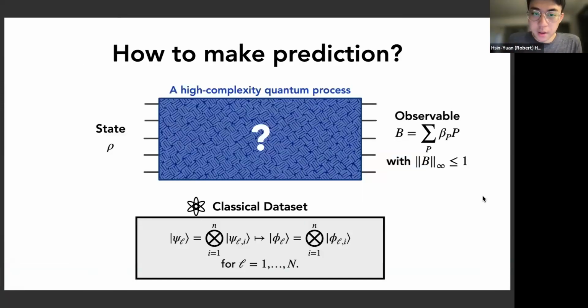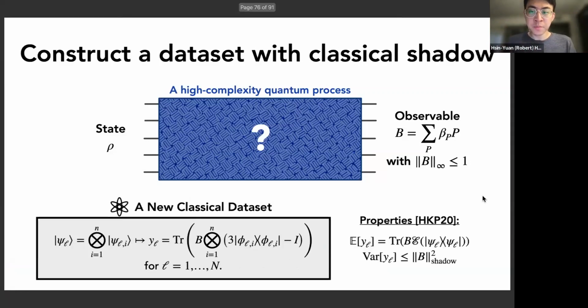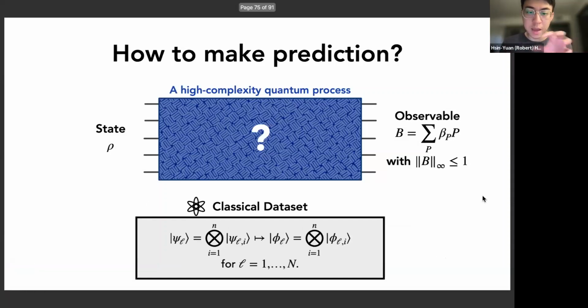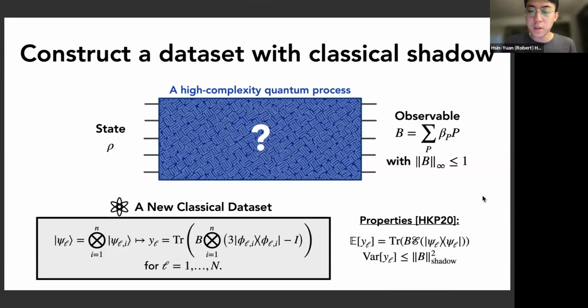And now, given this classical data set, what we would like to do is to make a prediction. So we have some input state rho, evolve under the quantum process, and then measure it with some observable B with a spectral norm bounded by 1. So to do this, we're going to take the classical data set and take the knowledge of the observable to create a new classical data set, essentially using classical shadow tomography for quantum states, where in the new classical data set, we still have a bunch of product state inputs, and the output is now a real value